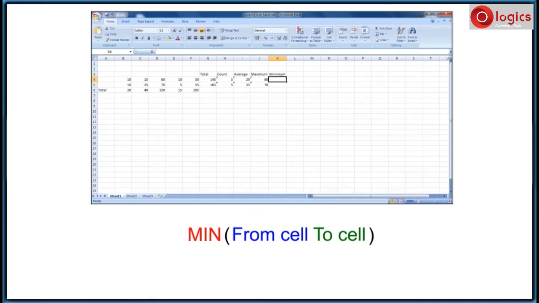Here I have taken the range of cells from cell B4 to cell F4. Here I am preparing the syntax of the minimum function. Put the colon in between two cells